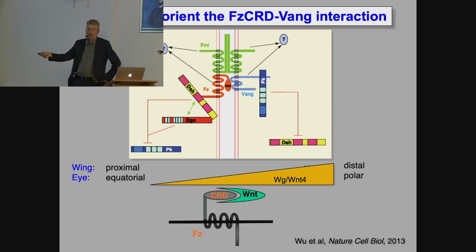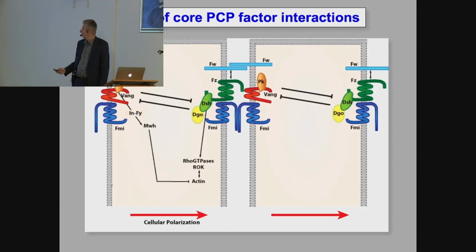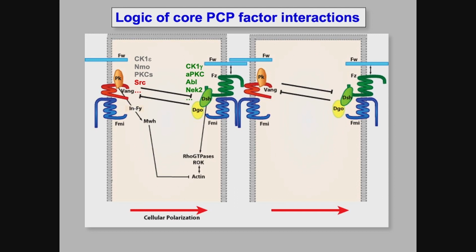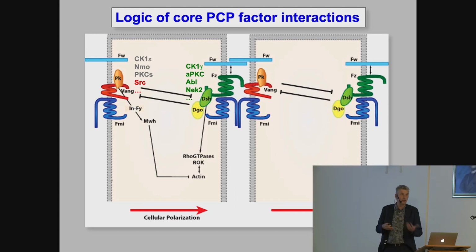In the appendages, like the wing or the leg, it's proximal to distal, again, because of the expression of the organizers. Okay, so far I've been only talking about these core factors. Now we're interested in looking at what these factors are doing and how they are regulated to interact with each other. You can imagine there's a whole range of regulatory proteins such as kinases, E3 ubiquitin ligases,